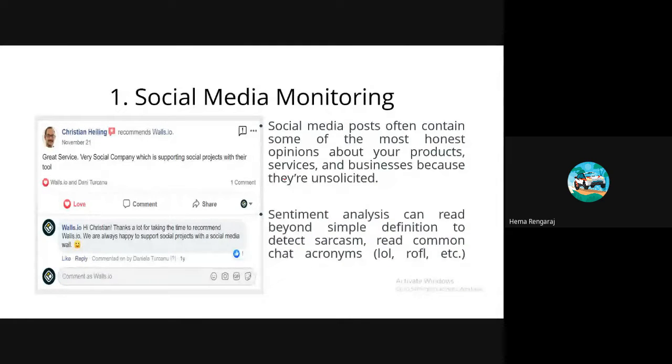We can use sentimental analysis by performing social media monitoring. So what this involves is actually the tracking of online brand mentions and subsequent responses to that particular post or brand.